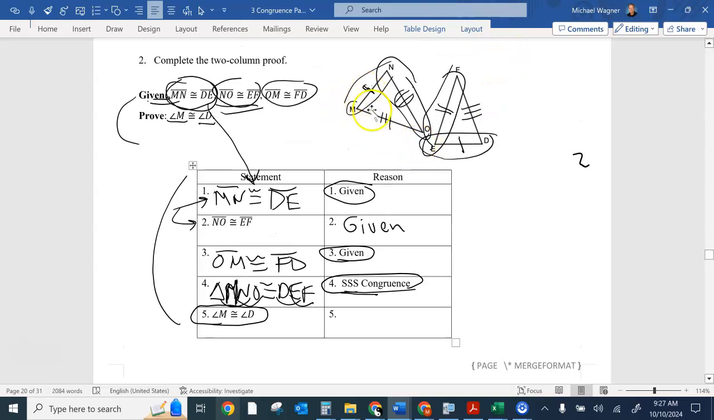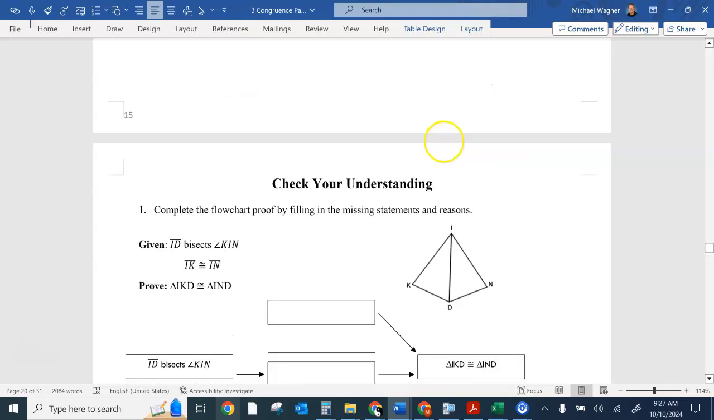Well, it's in between 1 and 3, right? M is in between 1 and 3. Is D? Yes, that's between sides 1 and 3. So that means it's congruent. But there's a concept called,